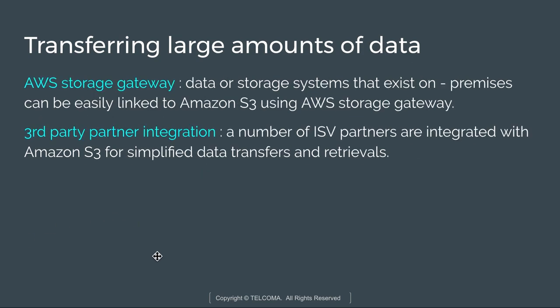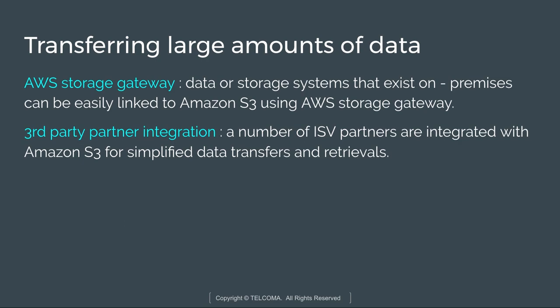Next we have AWS Storage Gateway. For storage systems that exist on-premises, we can link an on-premises data center to Amazon S3 using the Storage Gateway. And we have third-party partner integration. Here we have a number of partners which are integrated with Amazon S3 so that we can have simplified data transfers. This means that we have some software that processes data which can be streamlined into the cloud for backup, migration,